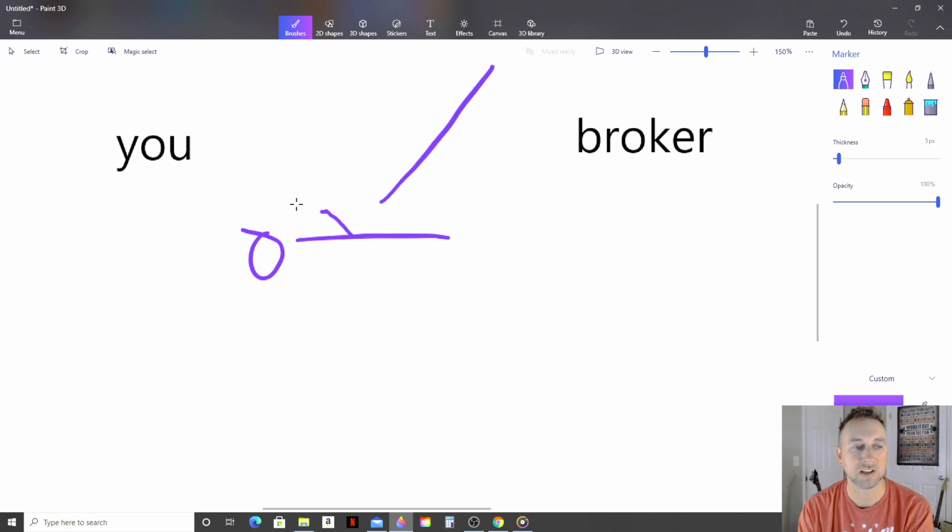So let's say you bought the stock at, whatever, let's use $10 for a nice round number. If we bought the stock for $10 and it went to 0, you lost all your money. You could buy the stock at $10 over here, or short the stock. If you short the stock for $10 here and it just keeps going up, at $20 per share, you would have lost the same as you would if it went down and you were long. But the problem is, it doesn't stop there.